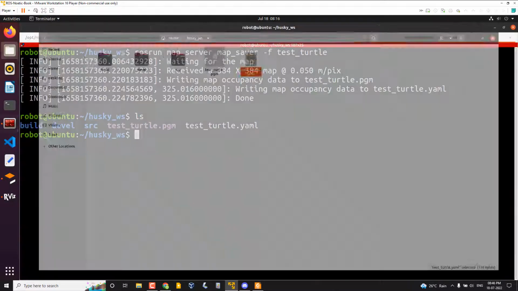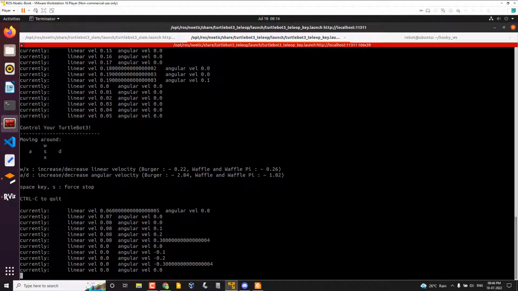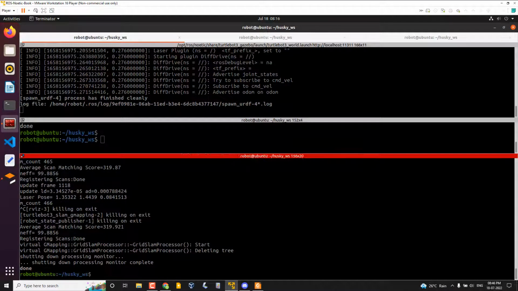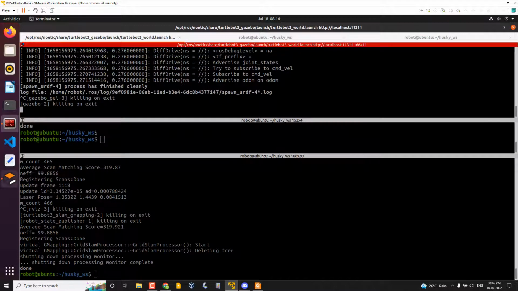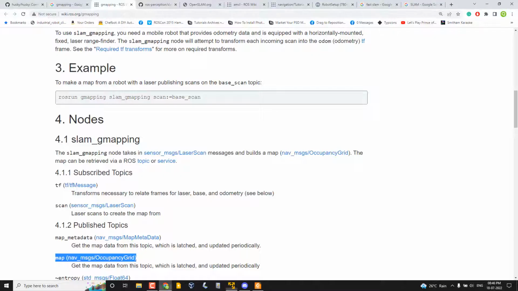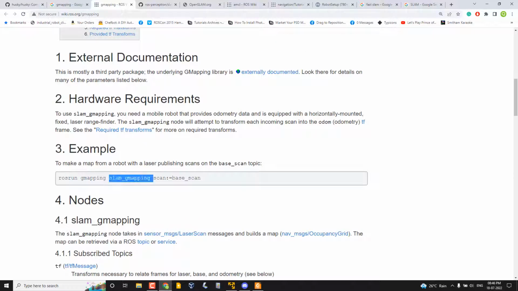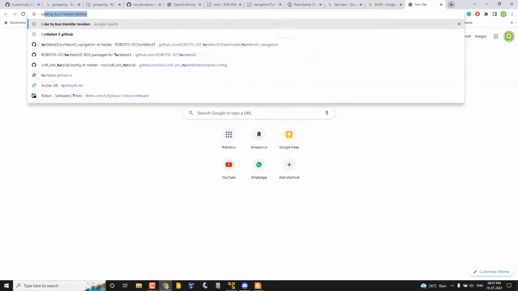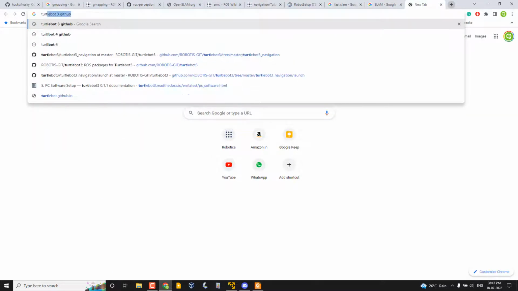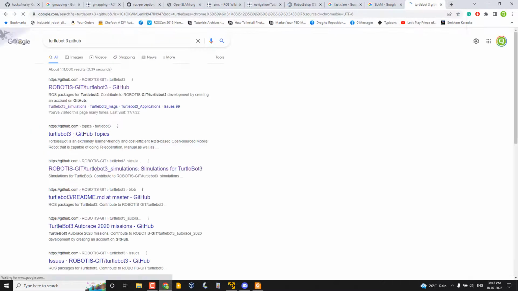Okay, so this is the output of the SLAM algorithm. And basically what we have done was we simply run this node called SLAM gmapping. Okay, that is all. That's all we have done. So maybe we can check the TurtleBot3 package